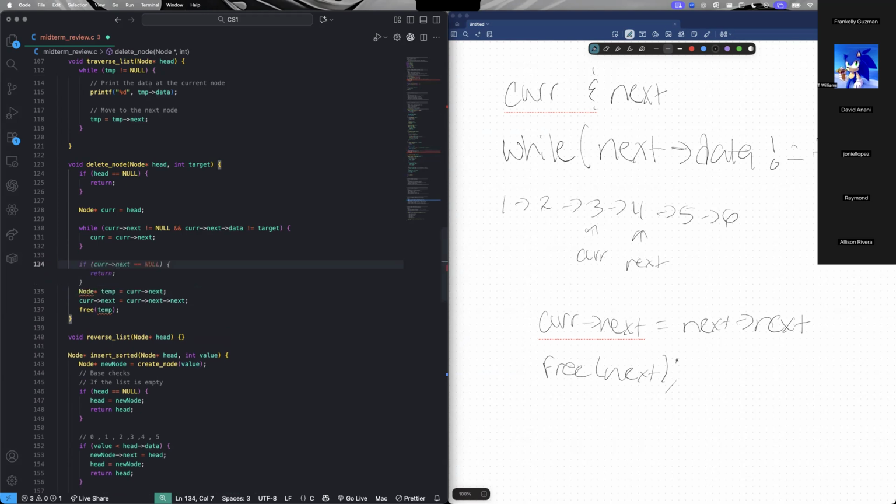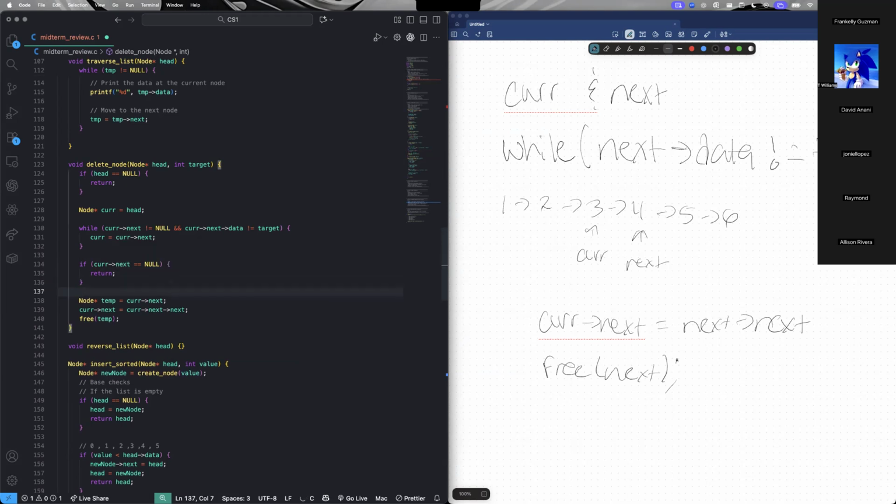So, as I was saying earlier, there's two things. Either one, you traverse through the entire list and it's not in there, so you would just return if you traverse through the whole list. If not, you would create this temp pointer that I was telling you about, right? So essentially we see that the cur next is the target. So then we create the temp to equal cur next, and then we set cur next to be what's